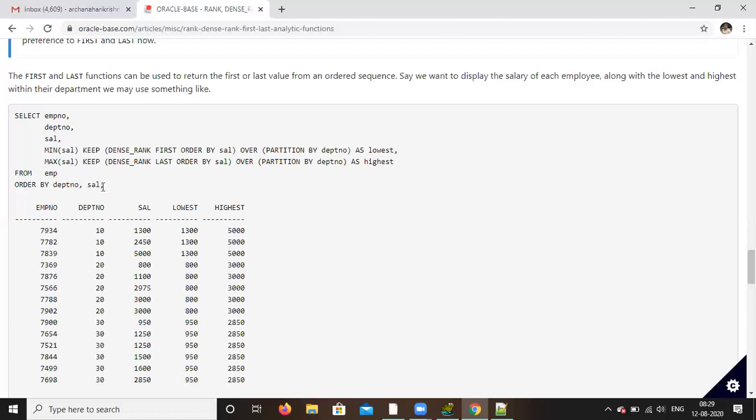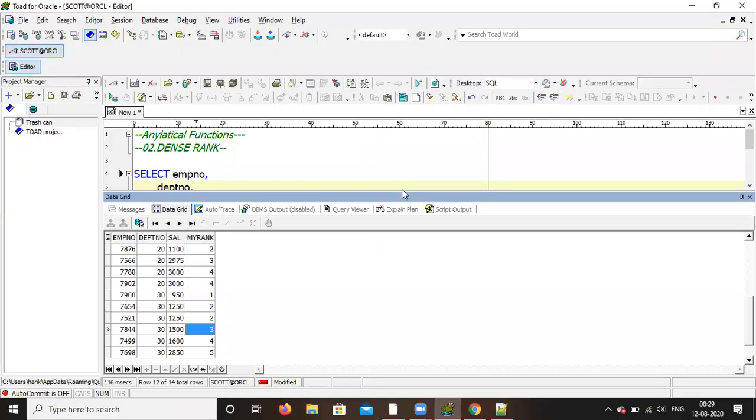The syntax, first you have to understand, then you have to remember also. You can write the third one, first last.